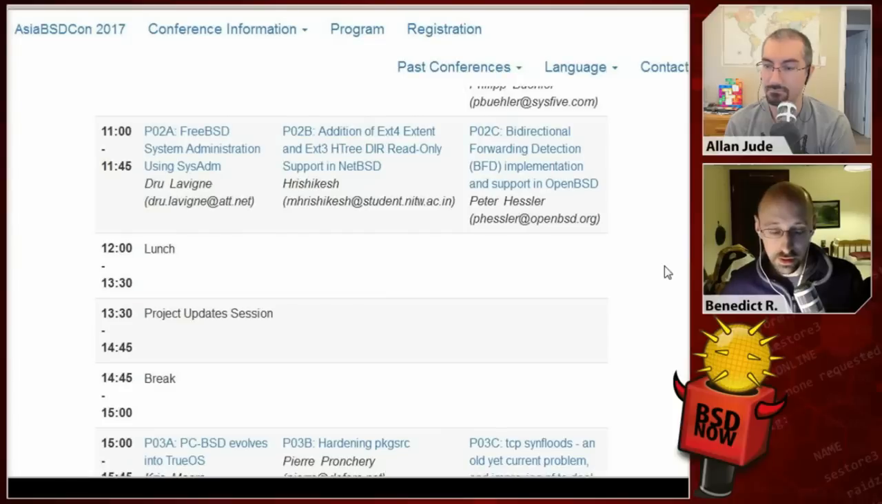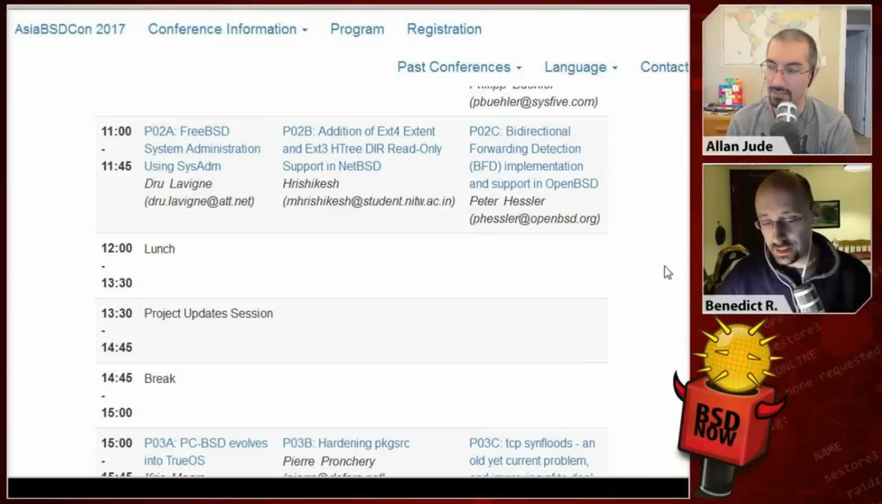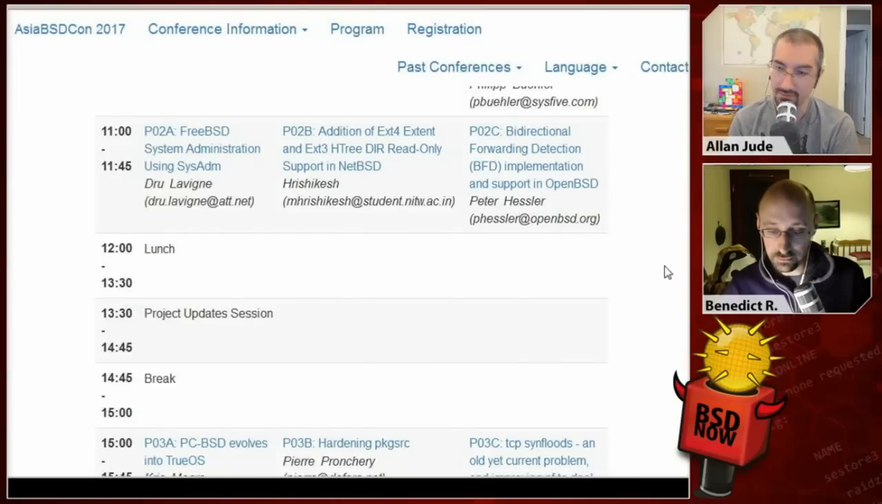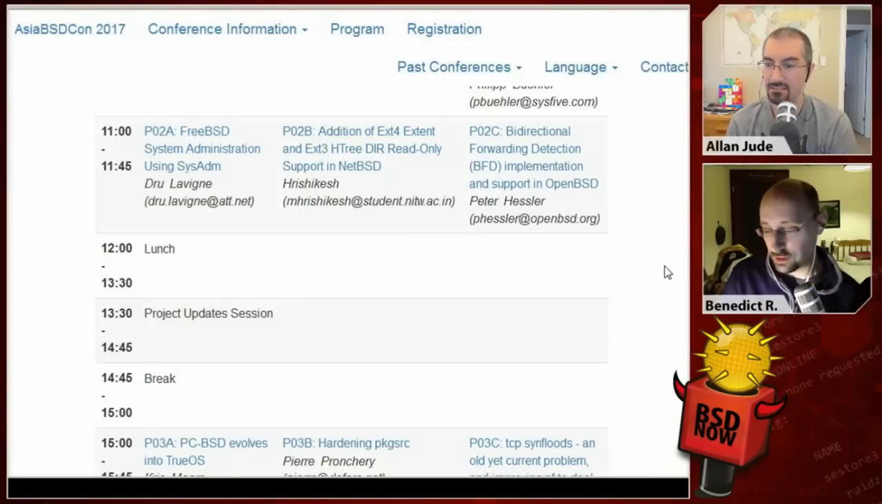Then there's a talk about ext4 extents and ext3 htree dir read-only support in NetBSD. Yep. So extending support for the Linux file systems on NetBSD. That one's definitely good, and it's from a student, which is also good, because we want to get more students to conferences in general, to get contacts and get them involved in the project if possible. And of course, Peter Hessler gave a talk about bidirectional forwarding detection implementation and support in OpenBSD,